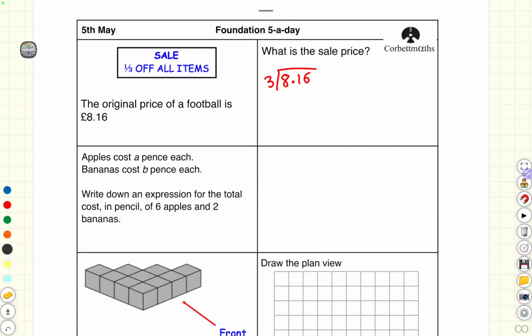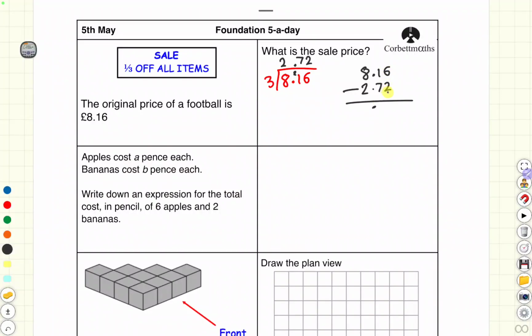So I'm going to do this here. So 3 into 8 goes twice, and that leaves a remainder of 2. 3 into 21 goes 7 times, and 3 into 6 goes twice. So we get £2.72. Now it says it's a sale price and it's that much money off. So that is not my final answer. I must now subtract